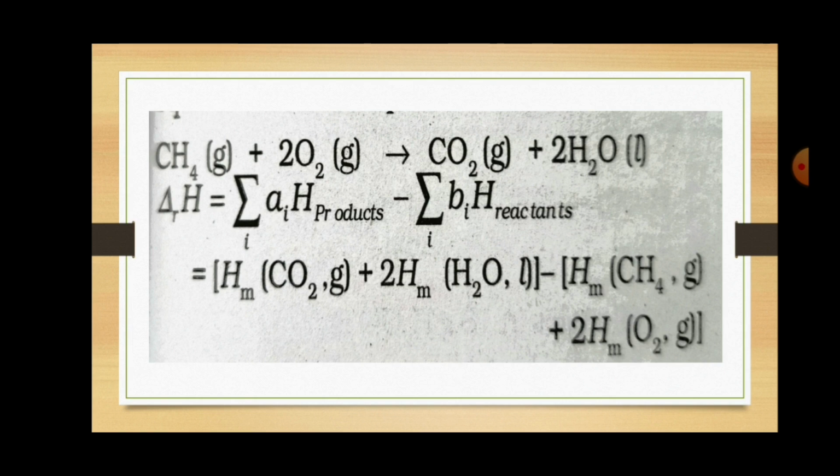Okay, so when you simplify these values, you will get the enthalpy of the reaction, that is the reaction enthalpy. Here, the value is actually from the literature, that is, the value of CO2 in gaseous form. That value you have to substitute there, plus 2 times the enthalpy value of H2O, minus the enthalpy value of methane plus 2 times the enthalpy value of O2. When you simplify that, you will get the value for the reaction enthalpy. So this is how you find the enthalpy for a reaction.